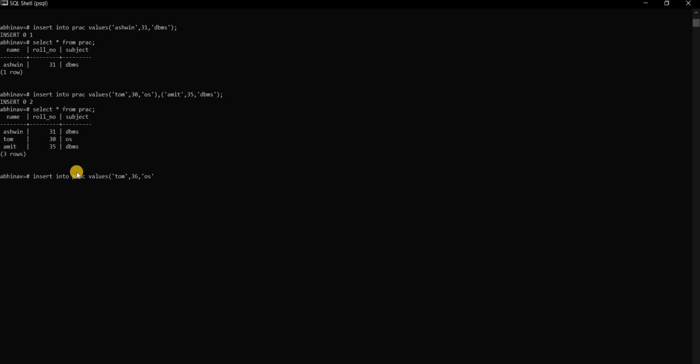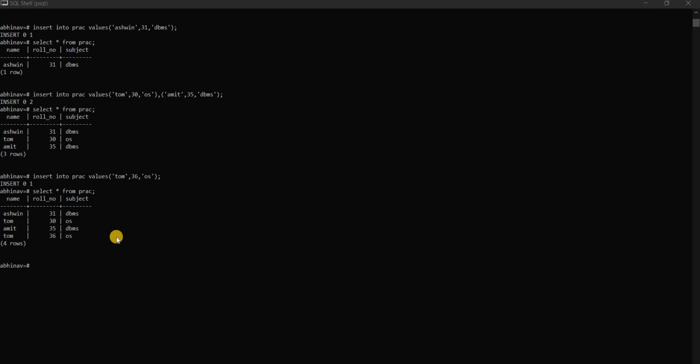Now we press the enter button. Now let's see the rows: select star from prac. You can see here are 4 rows. This is all about the insert part.